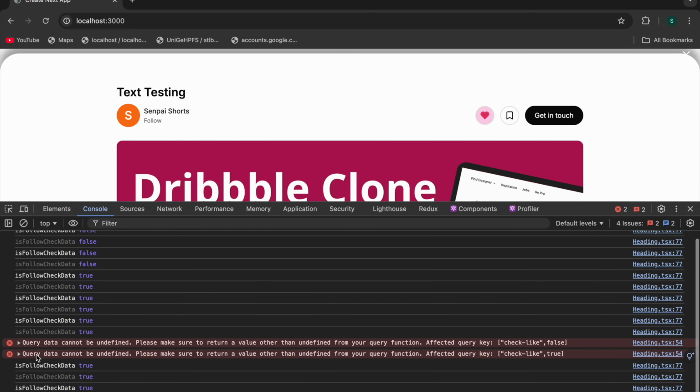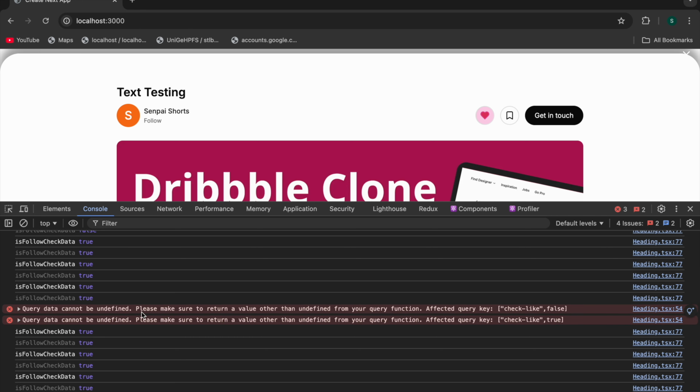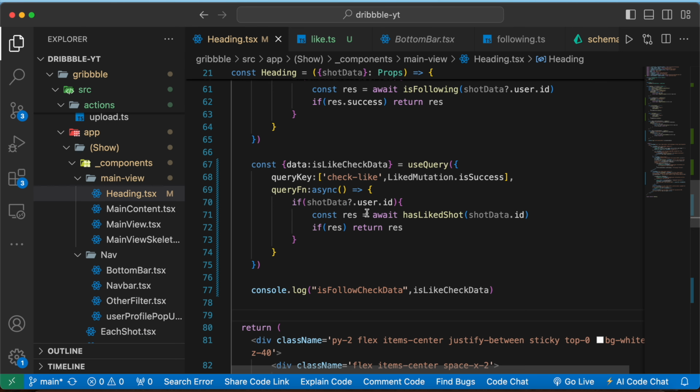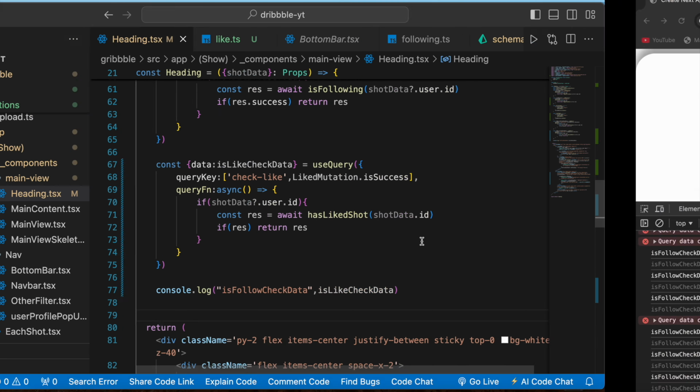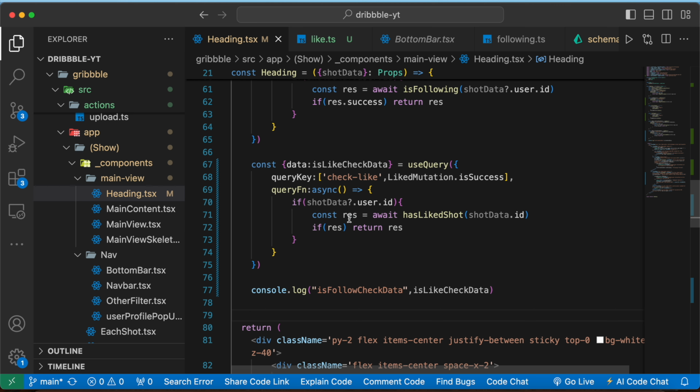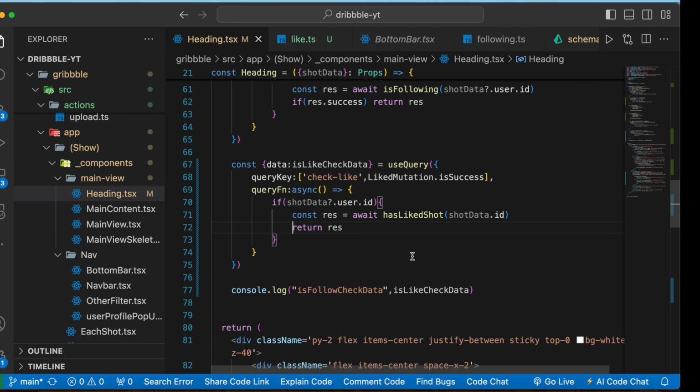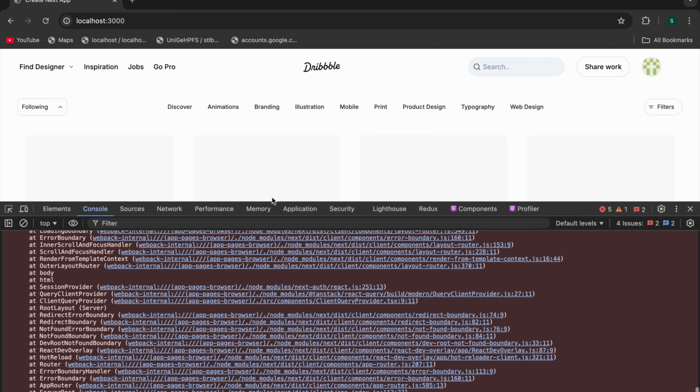So what it is saying is that query data cannot be undefined, please make sure to return a value other than undefined. So when we are unliking this short, at that time this is coming to be undefined, and at that time we are not actually returning anything. As you can see, we are checking for the response, and based on that we are going to return something. Okay, but if this is coming to be undefined, we are going to return nothing, and that is causing the problem. If I remove this, okay, and now if I refresh it again,